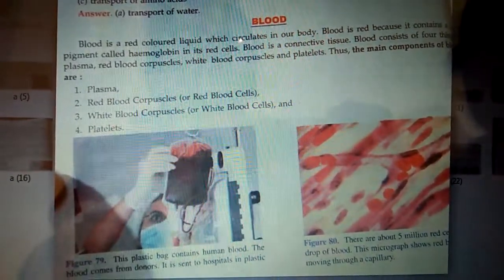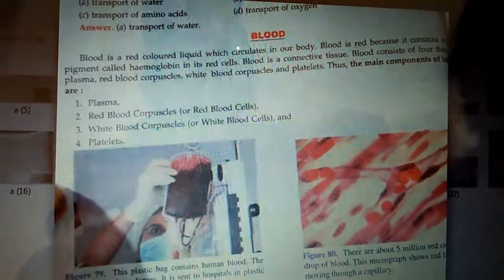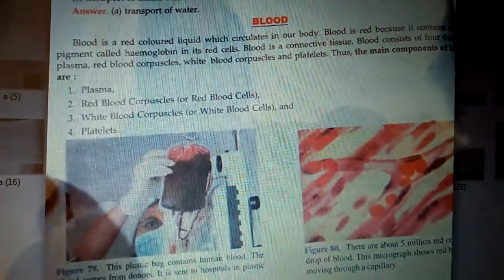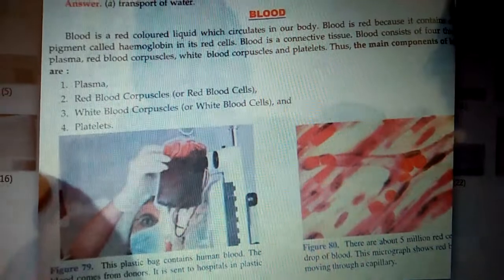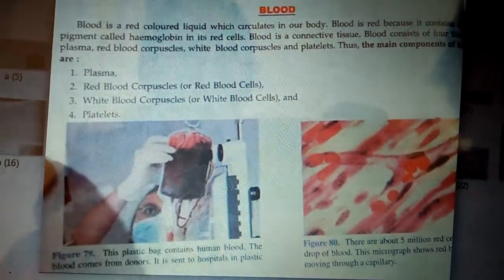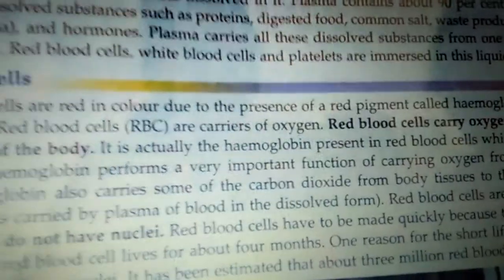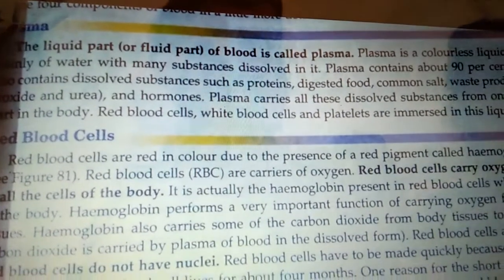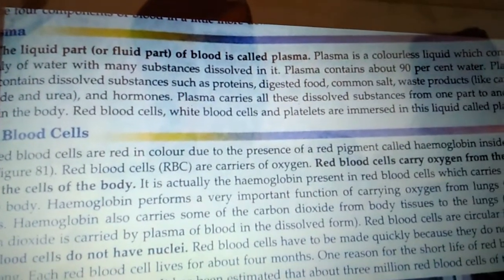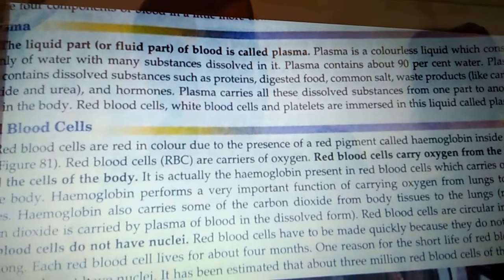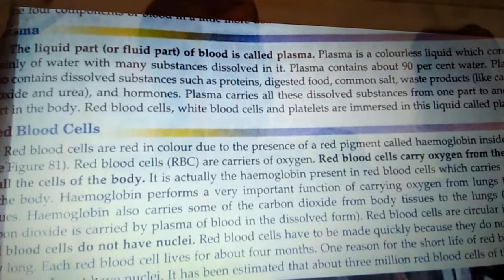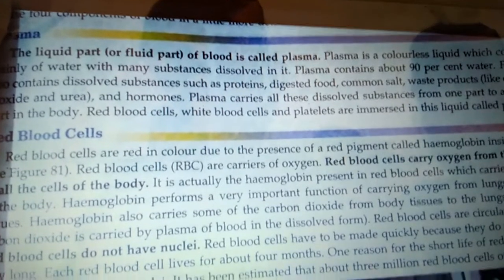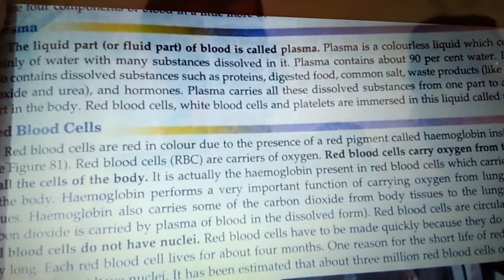If we study the blood, there are four parts of the blood. The first one is the plasma, the second is called RBCs, the third is called WBCs, and the fourth is the platelets. These are the four parts of the blood. The first part of the blood is called plasma, which we also studied in the 9th standard. Plasma is the basic material in which three types of cells are embedded. So plasma forms the basic material of the blood, and in the plasma WBCs, RBCs and platelets are embedded. So plasma is the matrix, the basic background material.